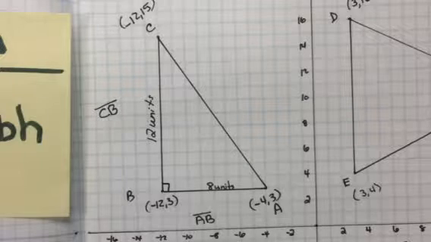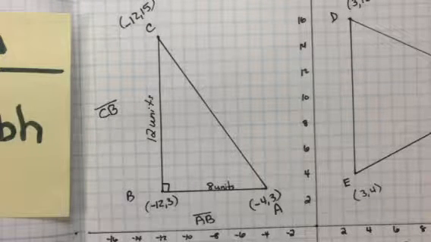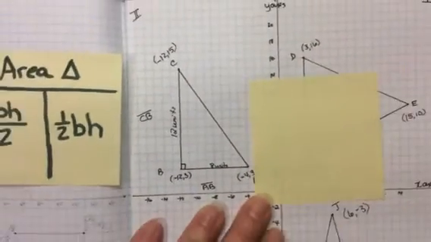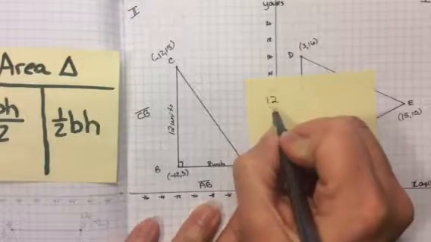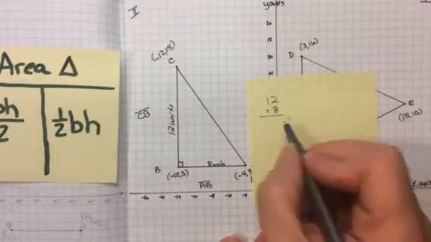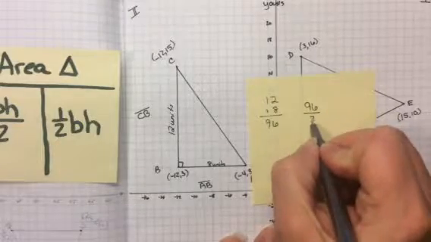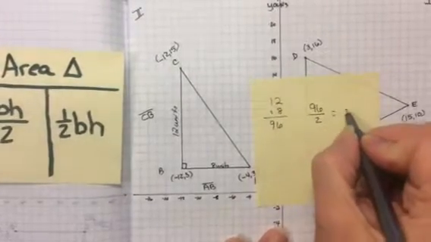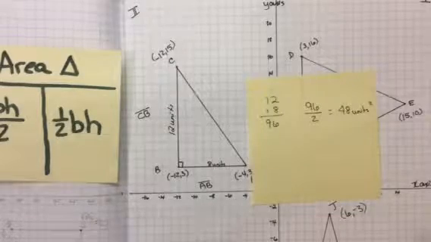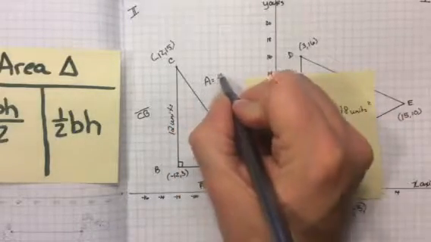Now, I can solve this in 2 different ways. If you want to use a calculator, then you're more than welcome to, but I'm pretty sure you can do this in your head. So if I have another piece, and I'm just going to use this as scrap paper on the side, if I had base times height, multiply those 2 together, 8 times 12 is 96. So then if I were to take 96, divide that by 2, I would get 48 units squared. Okay, so for this first triangle, the area equals 48